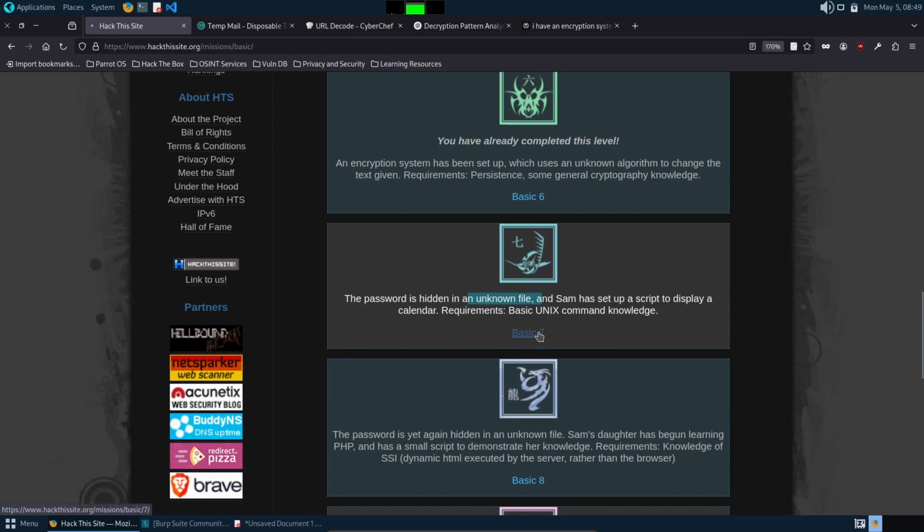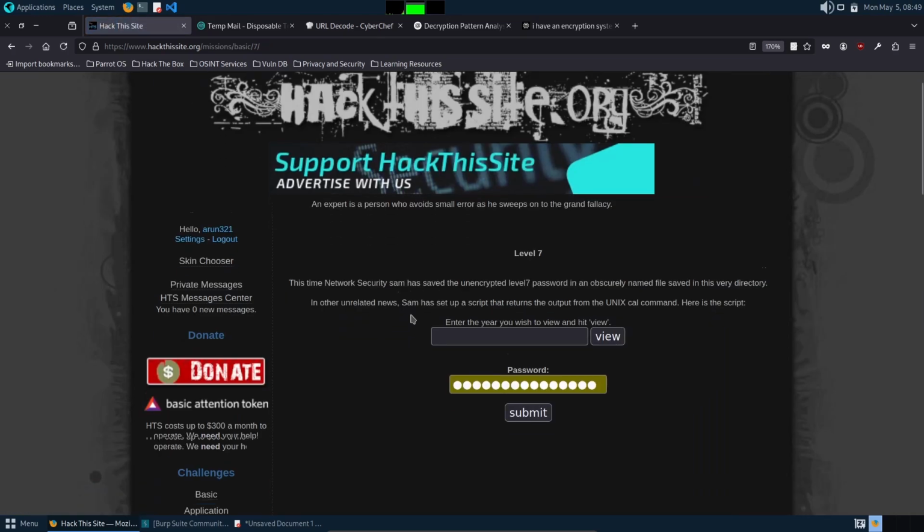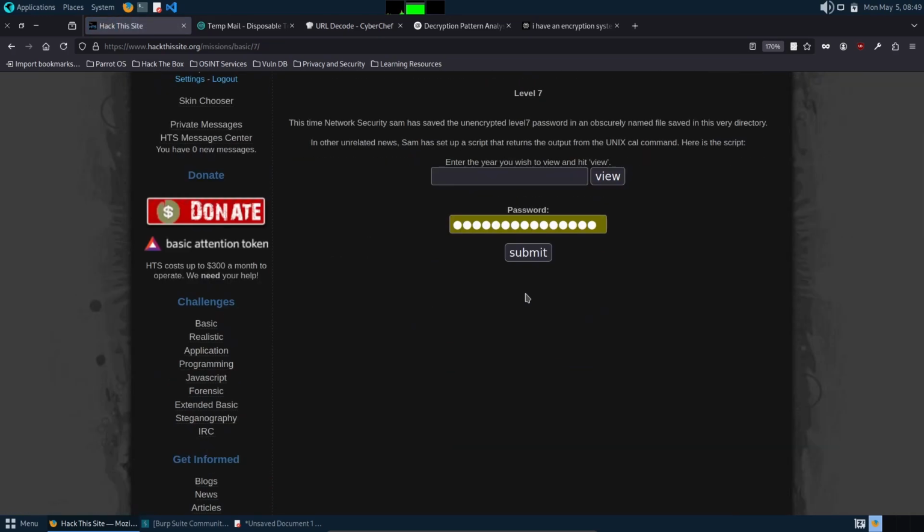So let us open basic 7. This time, Network Security Sam has saved the unencrypted level 7 password in an obscurely named file saved in the very directory. In other and unrelated news, Sam has set up a script that returns the output from the Unix cal command. Here is the script. Enter the year you wish to view and hit view. So I'm just entering